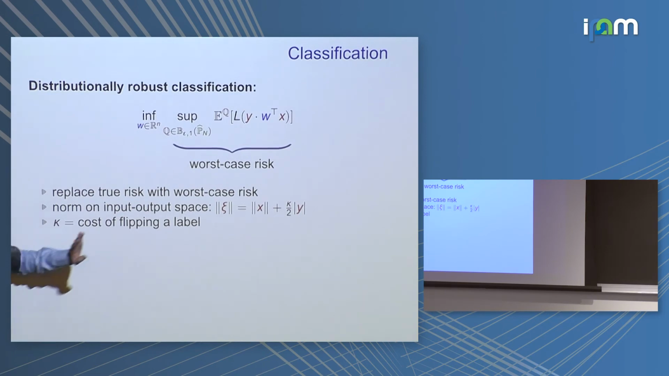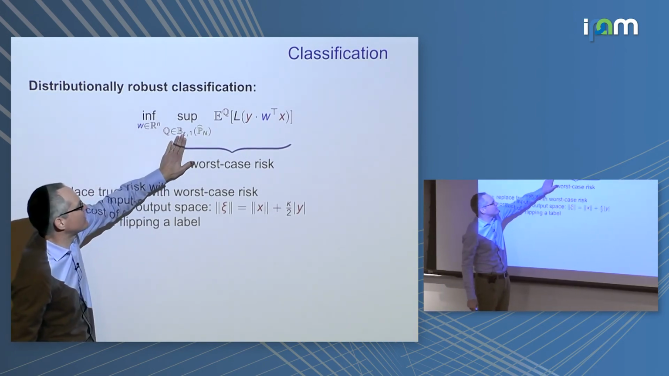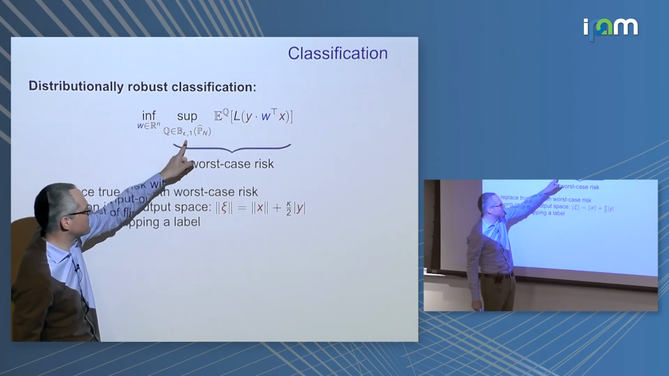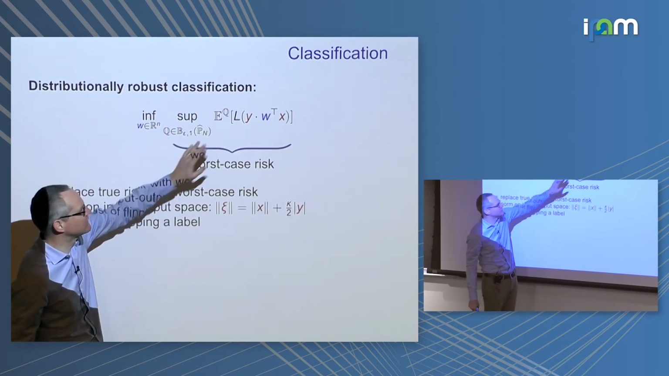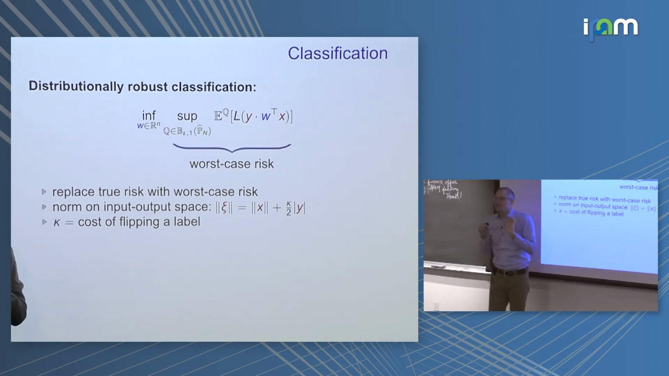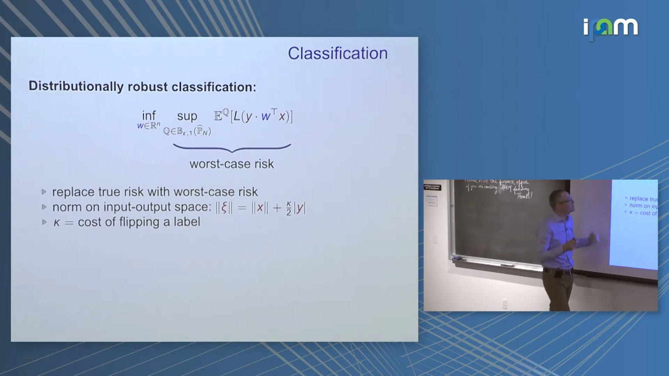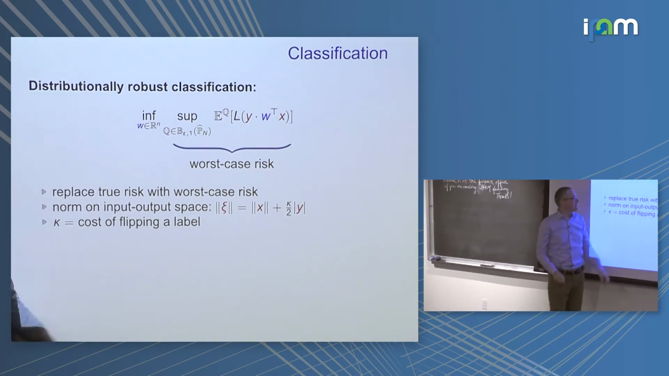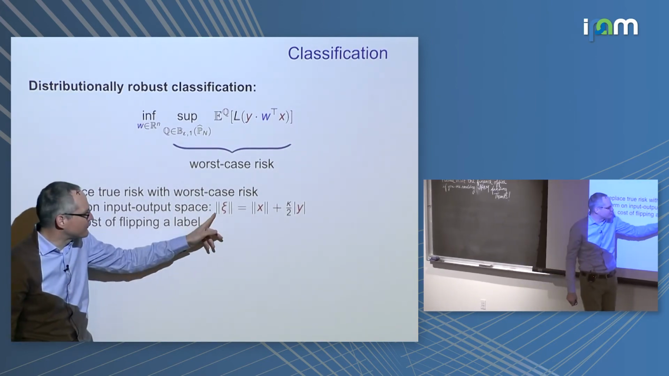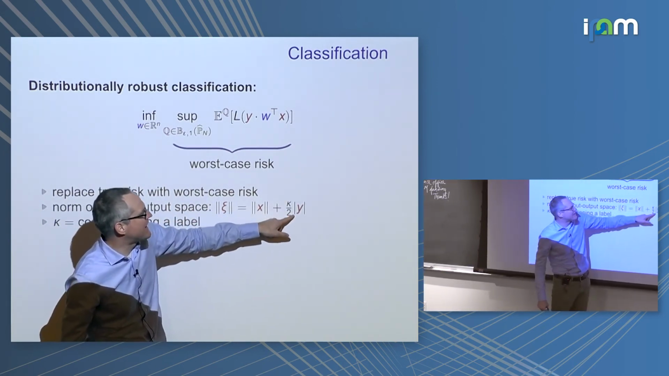Now, in order to clearly define what I mean, I have to define the Wasserstein distance I'm working with. I work with a type 1 Wasserstein distance in this case, because all these loss functions are Lipschitz continuous. And I need to specify a norm, the transportation cost on the input-output space. I'm going to use an additively separable transportation cost. So the norm of xi should be some norm of x plus kappa over 2 times the absolute value of